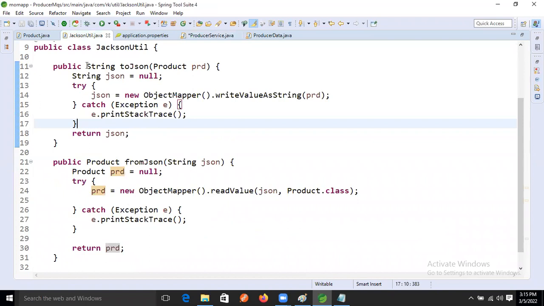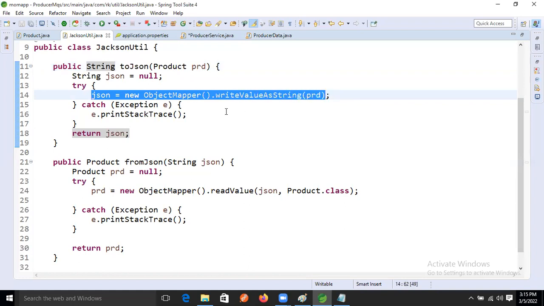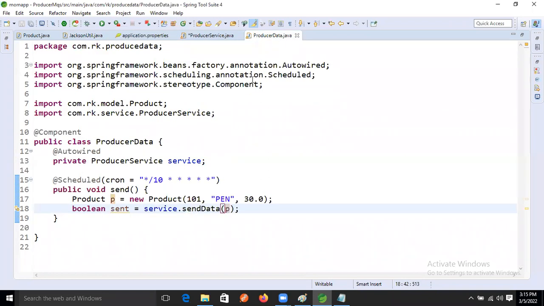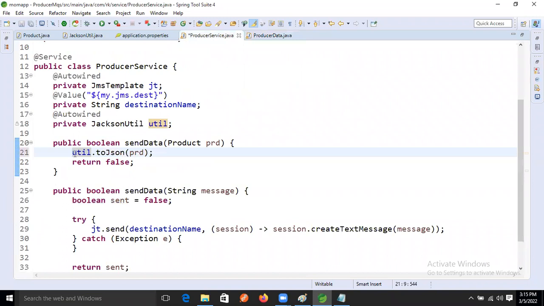Then what is the return type now, guys? String type, right? If we are calling this method, it means our data will be converted into JSON format, and we are getting a string of data. So now this one will return a string, the string of JSON we are getting now.